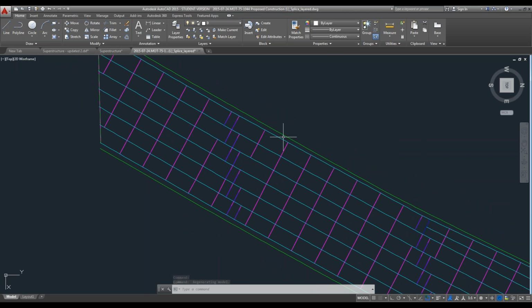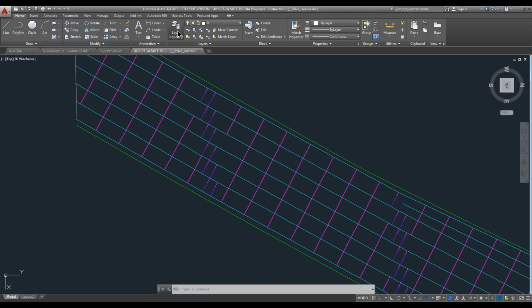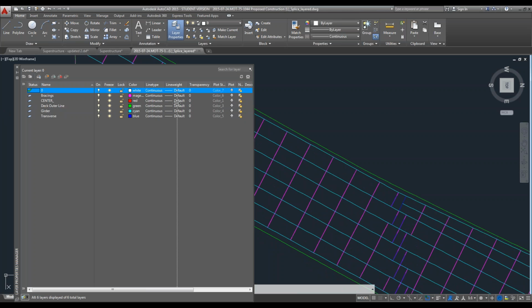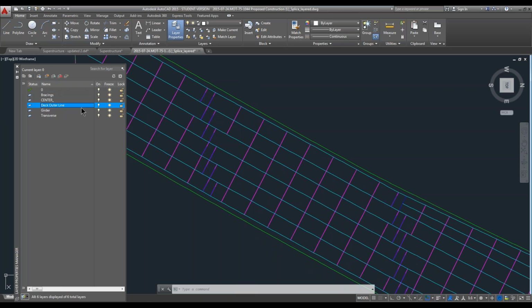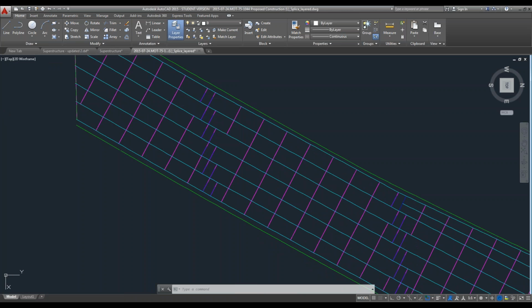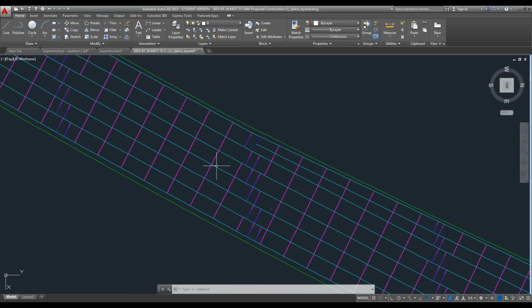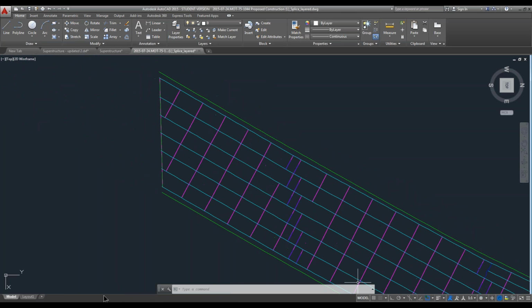And here, to make your life easier, what you have to do before importing into Midas is put different parts of the drawing in different layers. Currently, I have 5 different layers: the bearings layer, the bracings layer, the deck outer line layer, the girder layer, and the transverse element layer. So for different parts of the structure, I assign them to different layers. That way, when I import,